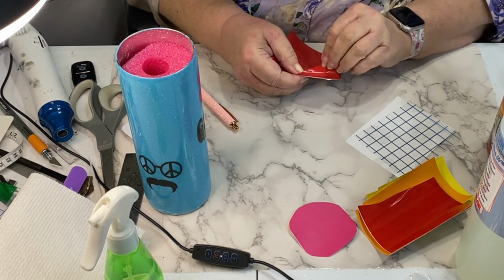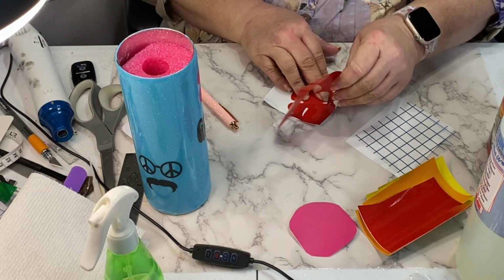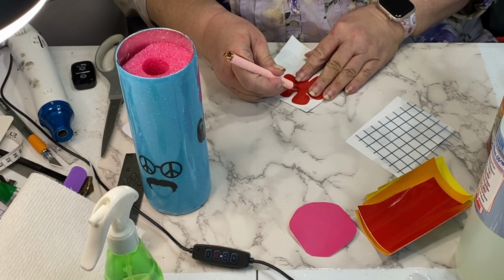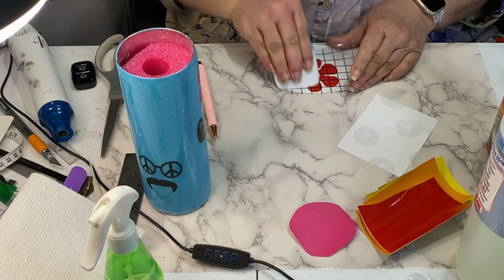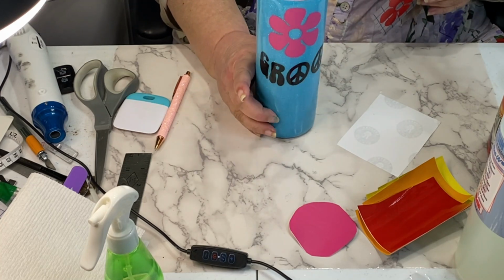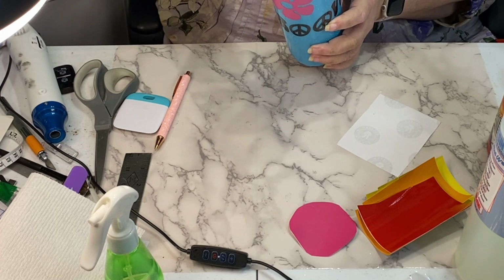You use their tape and their vinyl, but with Hippie Crafter, you use their tape and their vinyl, and everything works out great. I mean, it just came out awesome. So, go figure. Some people have all the luck in the world with, especially Cricut tape and vinyl, and I don't know about y'all, but